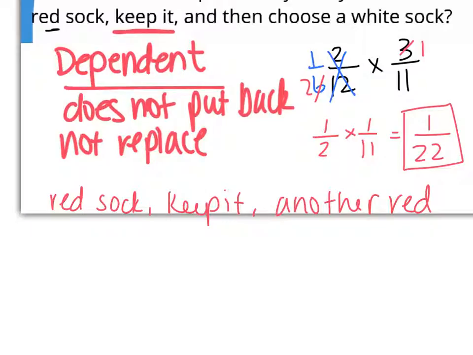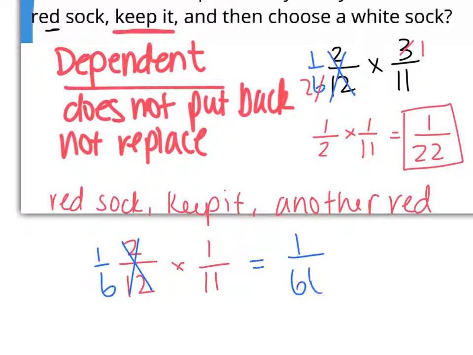So just like in the first one, the red sock was 2/12. You put that red sock on your right foot, and there's no longer that red sock to choose from. The total is now 11, but because you put one of those red socks on your foot, you now only have 1 red sock to choose from in that drawer. So do note, the numerator and the denominator were affected in the second probability. So again, this reduces down to 1/6, and it is a 1/66 chance of a red sock, keeping it, and